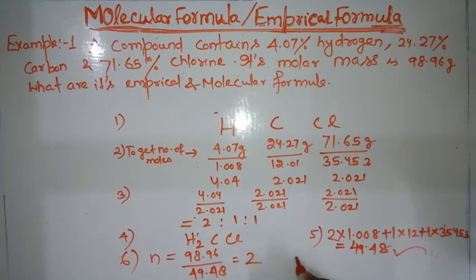In the final step, number 7, for getting the molecular formula, multiply n, that is 2, into the empirical formula H2CCl. What will we get? 2 into H2 is H4, C2, Cl2. If you write it by arranging it, it will be